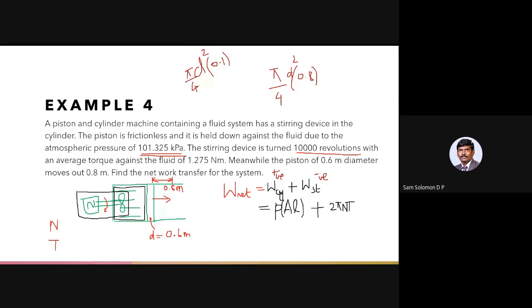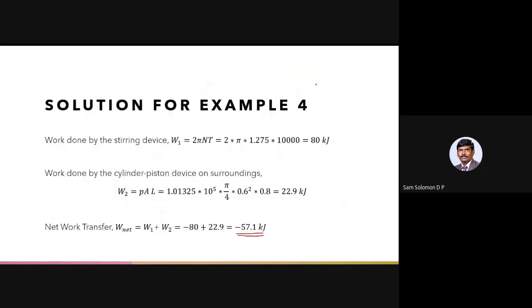Is that clear? So that is why it is okay to say either work done by the fluid on the surroundings or simply work done by the cylinder on the surroundings. Is that clear, Kaushik? Yes, sir. Sir, further for the explanation, example second one, sir. Which one? Example 2. Example 2?